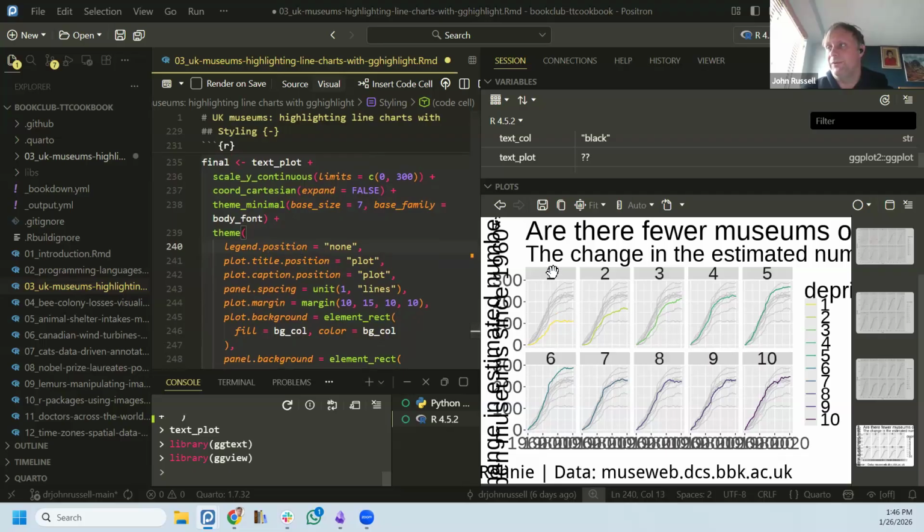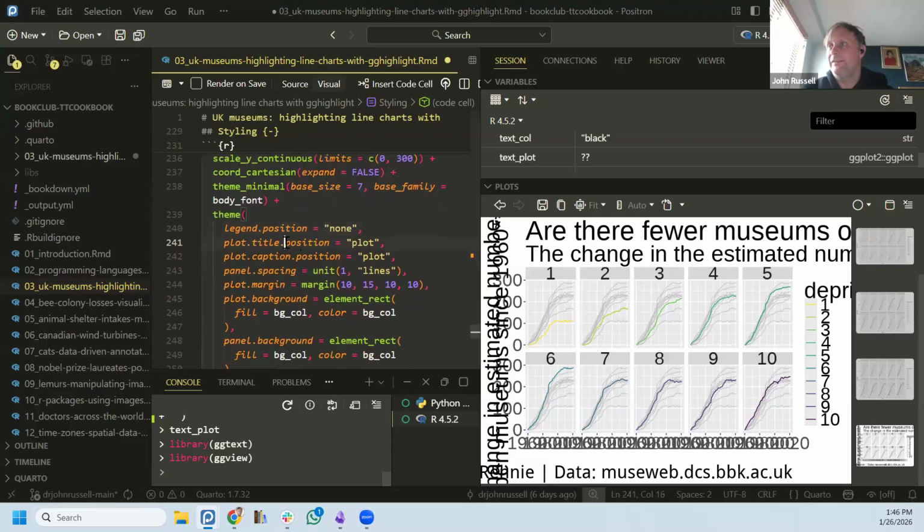Because it doesn't matter, they're already in the strips of the facets. I want the plot title and caption. What plot does is align it with the square of the entire thing. What ggplot usually does is align it with what's called the panel, which is basically the x-axis of the graph. But what plot does is align it instead with the beginning of the